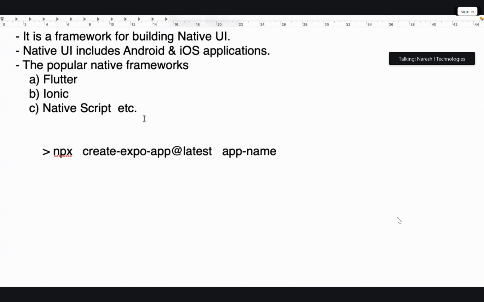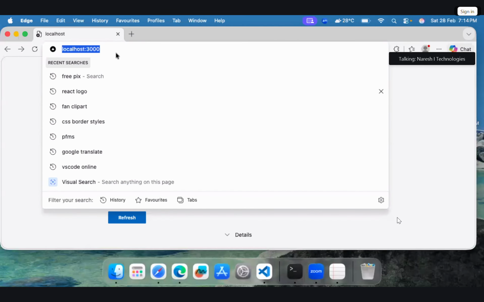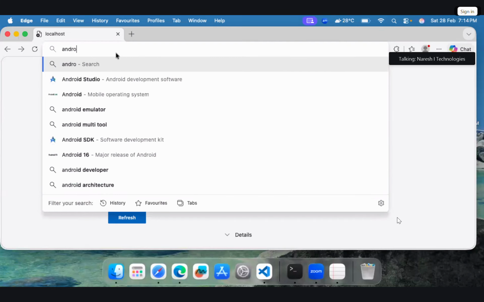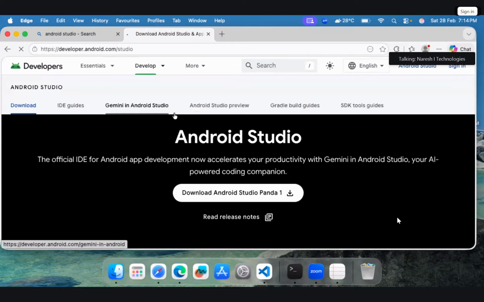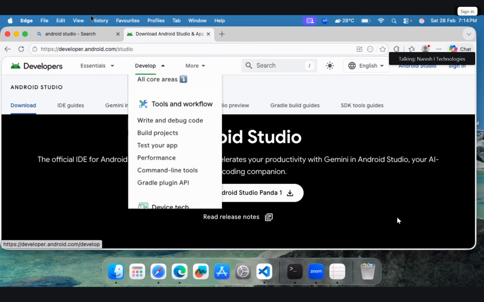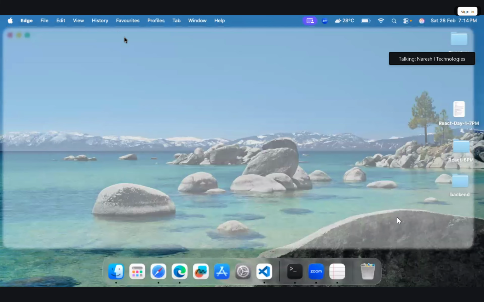To test Android and iOS apps, you have to download Android Studio and connect with your mobile. You can connect mobiles directly, and the app can be tested on mobile. These are all very big frameworks. You need to download them, and it is ready.